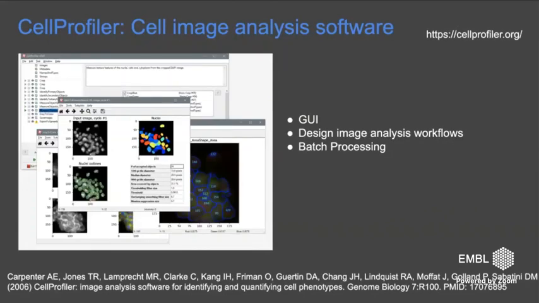Another software also with more than 10,000 citations is CellProfiler, and I use this personally really a lot. This is purely a graphical user interface, so no scripting, and it's really great to design image analysis workflows. In fact, that's the only thing you can do. You see here on the left, you have to immediately specify a workflow of steps, and then for each step it shows you, for the current parameter settings, what the result would be, and then it's very